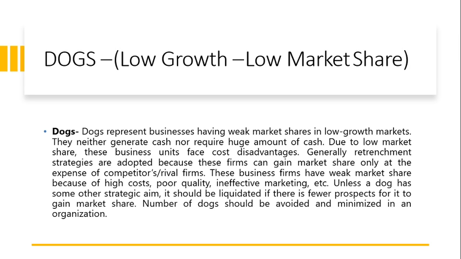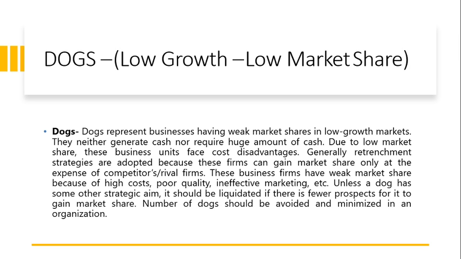And the last one, dogs, low growth and low market share. Dogs represent businesses having weak market share in low growth markets. They neither generate cash nor require a huge amount of cash. Due to low market share, these business units face cost disadvantages. Okay, generally retrenchment strategies are adopted because these firms can gain market share only at the expense of competitors, rival